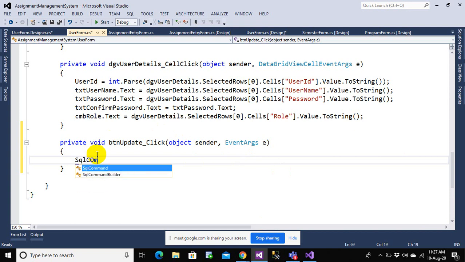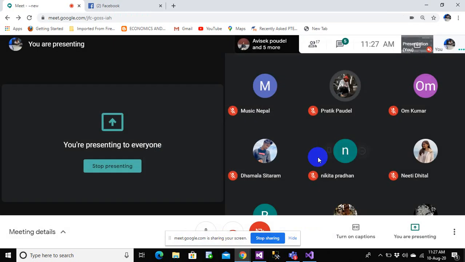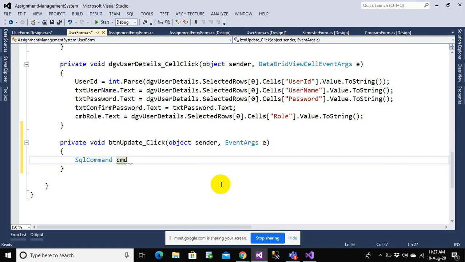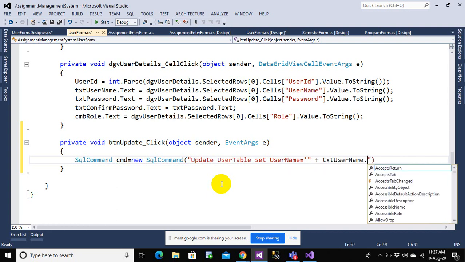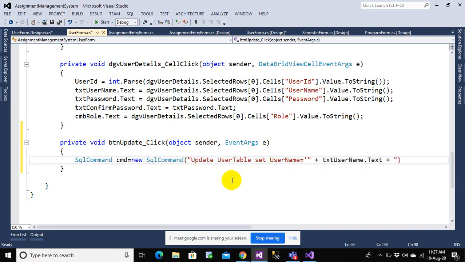So we again have SqlCommand cmd. We'll write SqlCommand cmd equals new SqlCommand, and then we have the update query: update user table and set username equals to, again repeating the same formula, single quote, double quote, and plus, txtUsername.Text plus, and we reverse it, double quote, single quote, and again a comma.